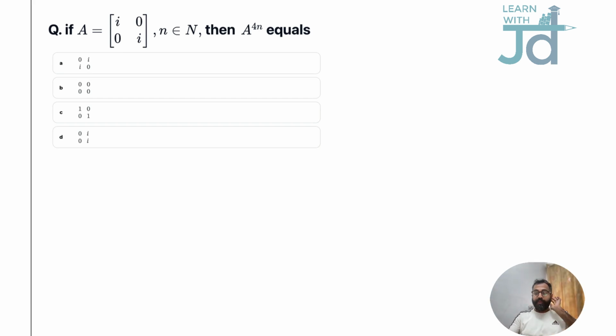So today I've got a few matrices questions. These are just basic levels, just to start your JEE preparation. Okay. So the first question is this, as you've seen on the screen,